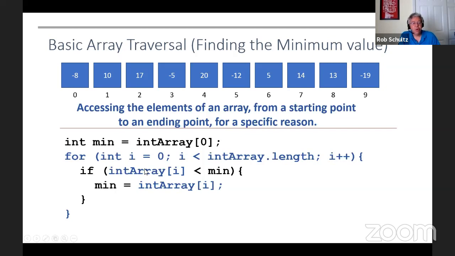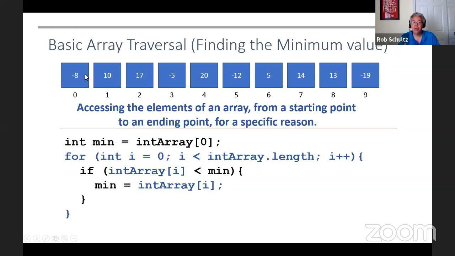And the way this algorithm works is as I'm working my way through, if I find a value that's less than whatever is stored in min, then that value becomes the new min. It's kind of like playing tag. You know, if I find something that's less than min, then that new value is it. It becomes the min. So I've also had students who in the past, when we do a little algorithm like this, they'll set min equal to 0, or they'll set min equal to, I don't know, kind of a variety of things,